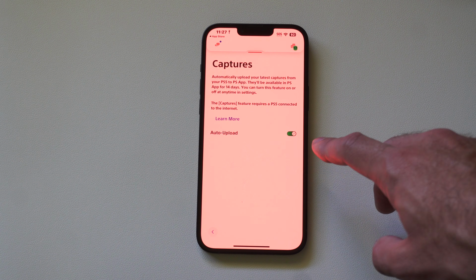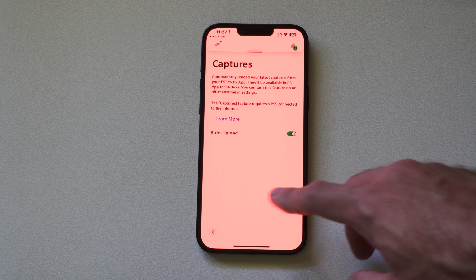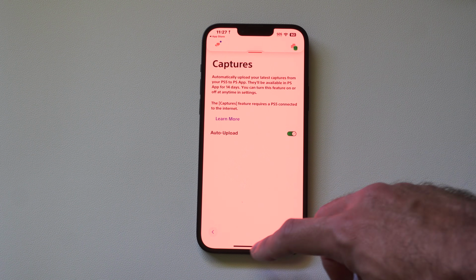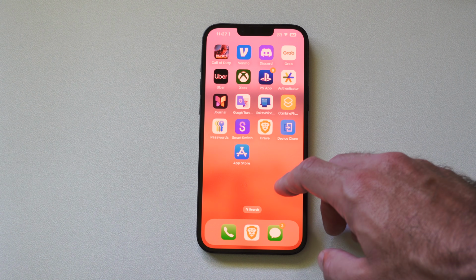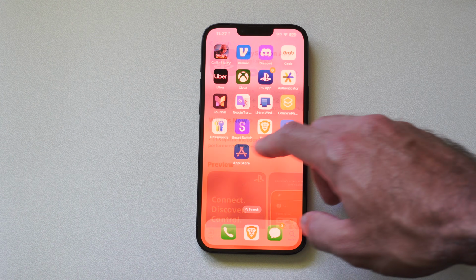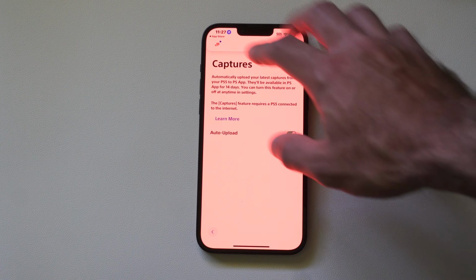So I have auto captures, and then any clip under 3 minutes will automatically upload to this app. Then we can go back and then we can locate the PlayStation app. So I'll just open it up right here. Then we can go back,